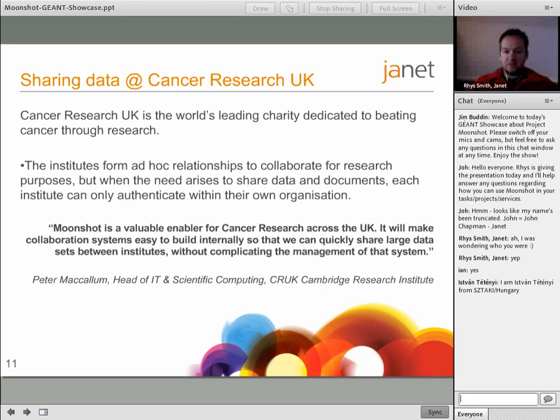We have Cancer Research UK, another leading charity looking at beating cancer. The particular things they need to solve that you can't with existing federated identity solutions is quite a lot around sharing of data, actually. So sharing of data within their own organizations, because Cancer Research UK itself is a federated organization. It's made up of several smaller organizations, and between other cancer research organizations, because there's a lot of collaborative